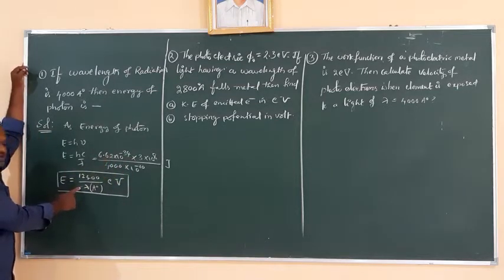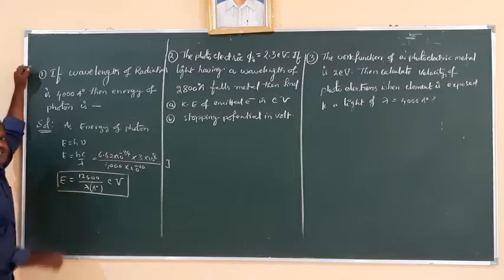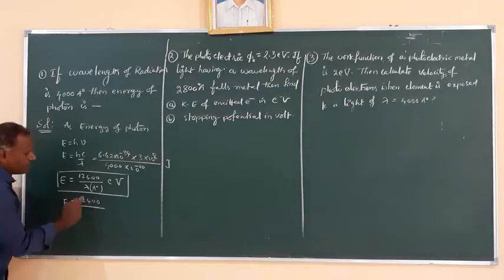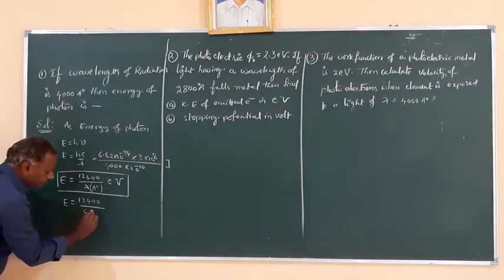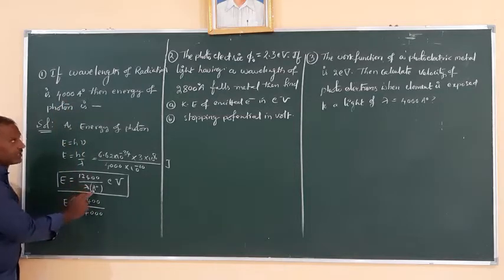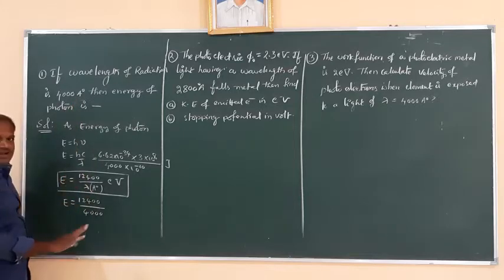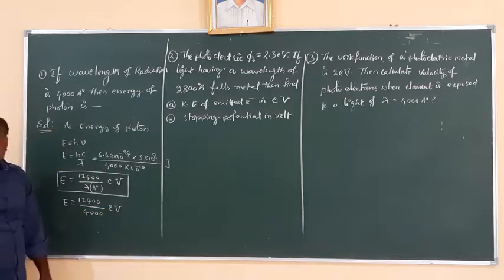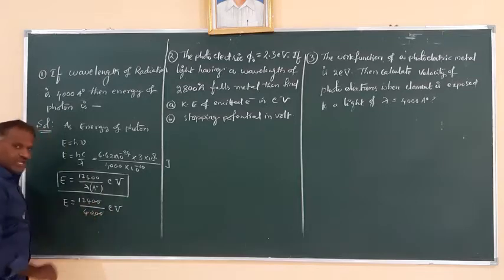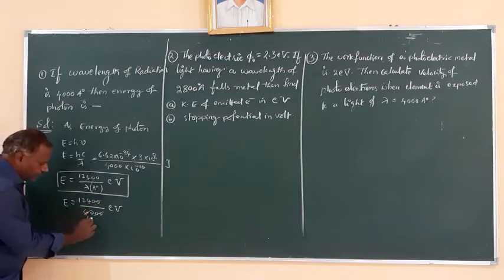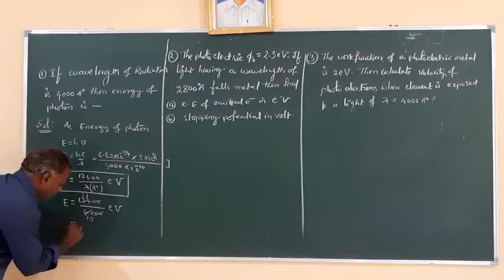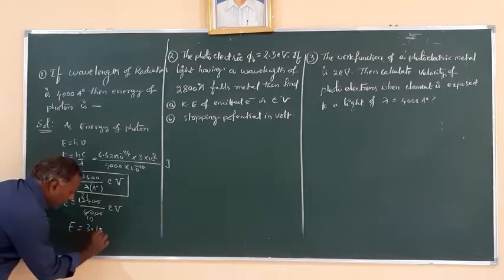Using this equation, I just substitute the lambda value, then you can find E, the energy of the photon or radiation. So now you can write E is equal to 12,400 upon lambda. Lambda is 4,000. This is in angstrom units only, right? So don't write 10 power minus 10 again, it is not required. Here it is angstrom units only. Now whatever energy you get is in electron volts. Here 2 zeros cancel. Now here 124 by 40, that is 31 by 10. You get this energy as 3.1 electron volts.